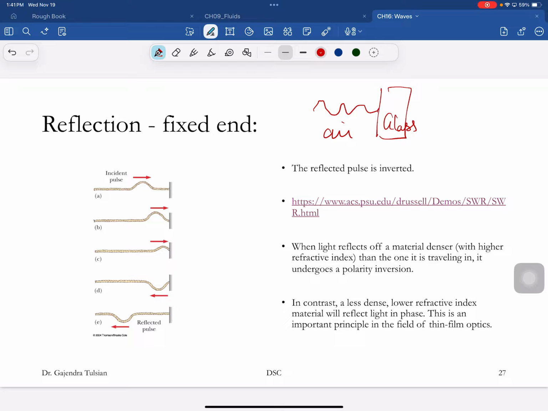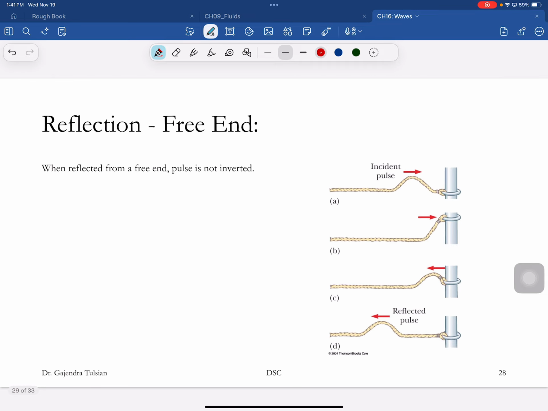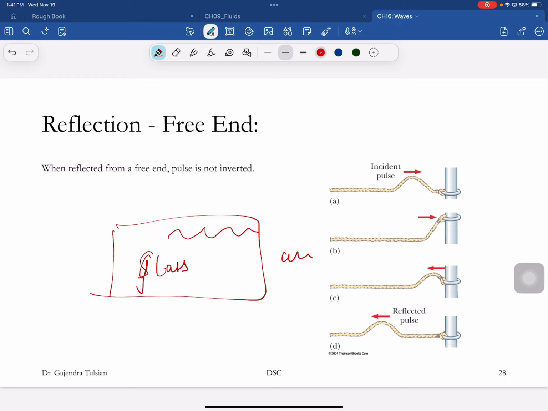When it hits there, it will become of opposite sign, and this reflects light traveling from glass to air. When it reflects off this medium, it doesn't change sign. So that's the kind of stuff. That's why we want to know the reflection properties, and I'll show you a